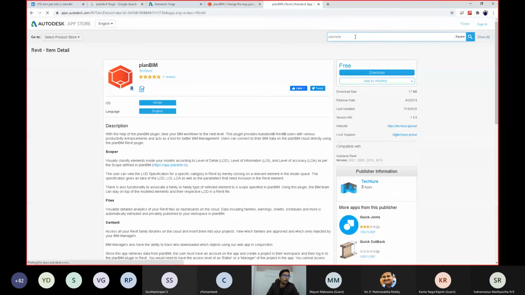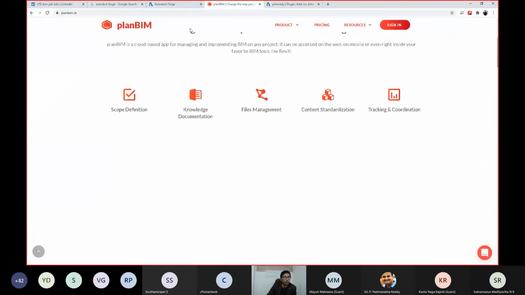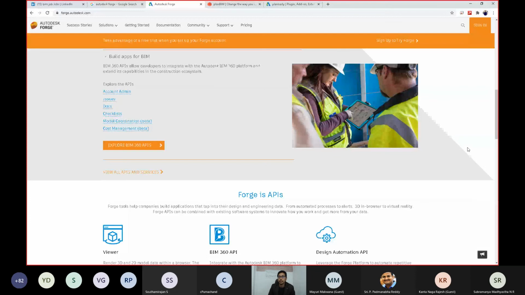Planoly has this available inside Planoly itself. From the Planoly window itself, you can directly interact with BIM 360. You can log in to BIM 360 and parallelly work in Planoly as well. So that is what Autodesk Forge does.